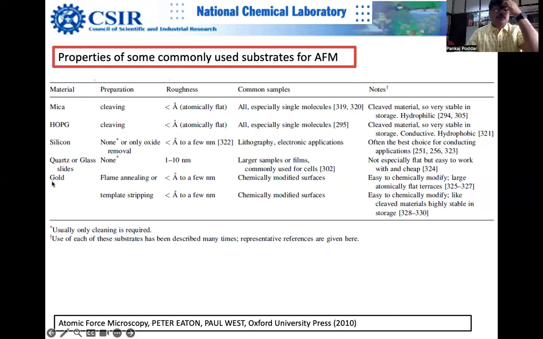Last is gold coated substrates. You can modify it chemically, and it's very easy to modify a gold coating, and that gives it very nice